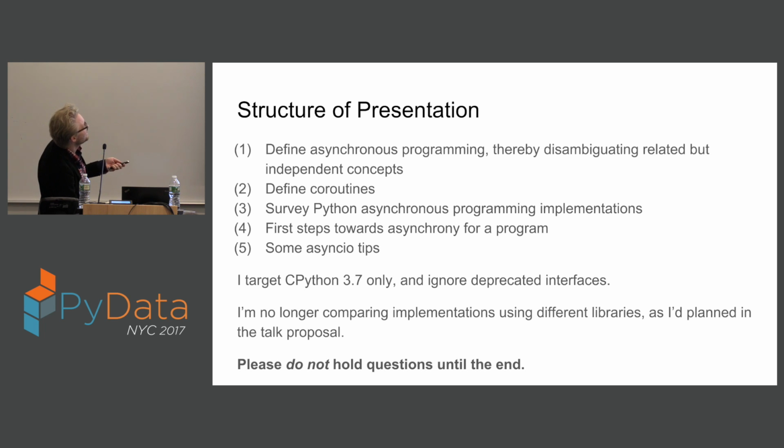I am targeting only CPython 3.7 here to make this, once again, last long and be useful. And I decided to modify the talk proposal. I'm no longer comparing implementations of a realistic program using different libraries. But I can talk to people about that afterwards. I'll be around, so I don't want it to be too much of a bait and switch here. Consider this information available to whoever wants it. Given that this is abstract information,